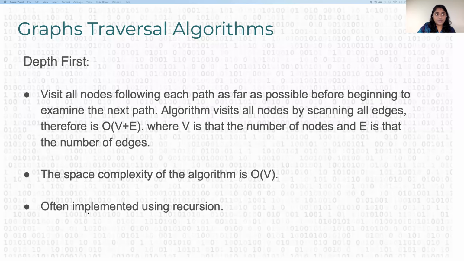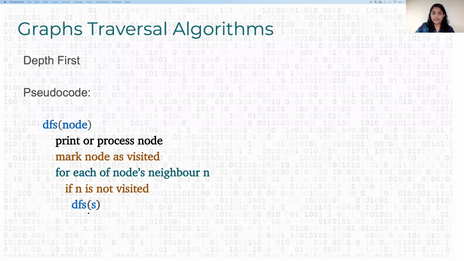We'll see that here. So this is the pseudocode where you pick a starting node and go to all reachable nodes from that node and keep going outward until you find an end. And once you find an end, then you backtrack and go to the node from where you came from, and then